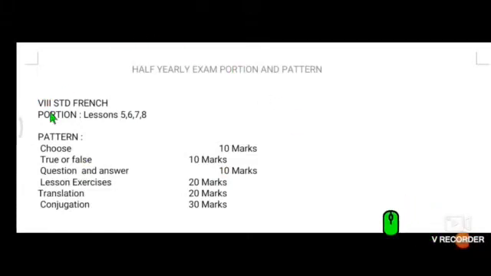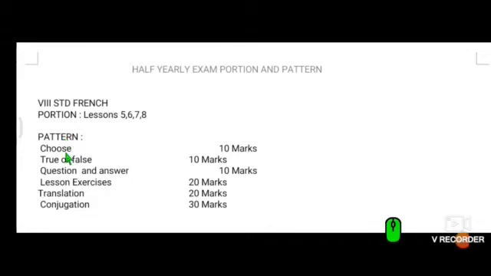8th standard, welcome you all for this new session. So in today's session we are going to discuss the half-yearly exam portion and pattern. As you all know, for this half-yearly we have lessons 5, 6, 7 and 8, and the pattern is as follows: